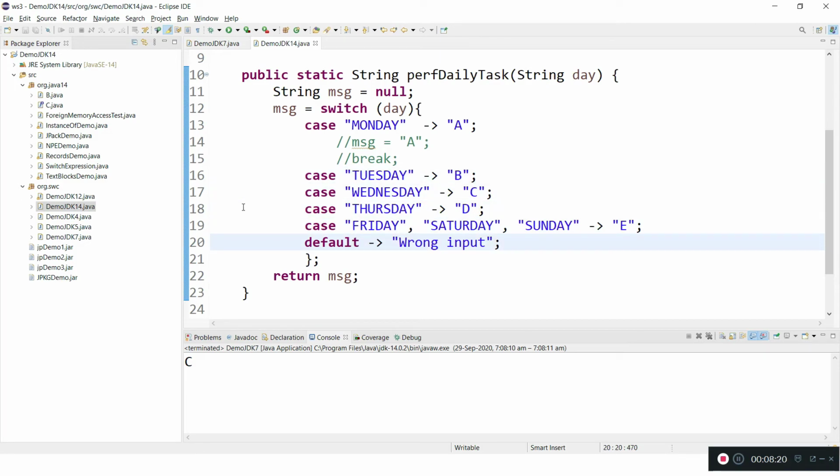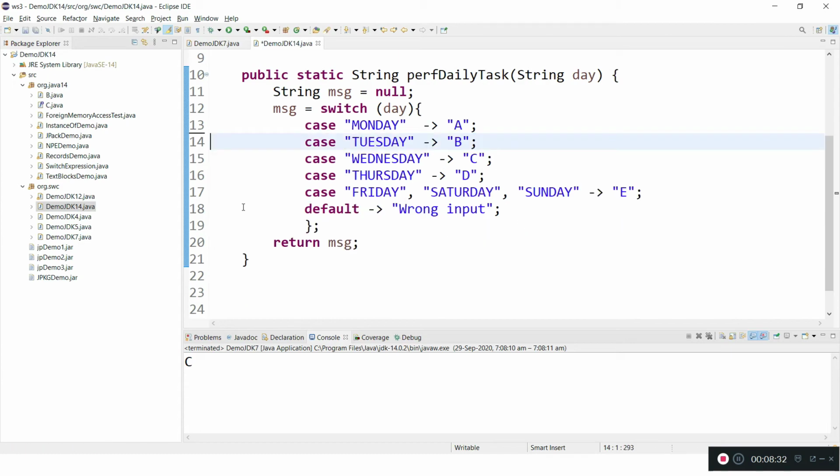That's the reason we need a default to return some value if none of the cases are executed. Let me remove this one as well. See, this is how clean and good it is; we avoided so many things. We didn't keep the break and we didn't keep the local variables in between; we capture the value directly.